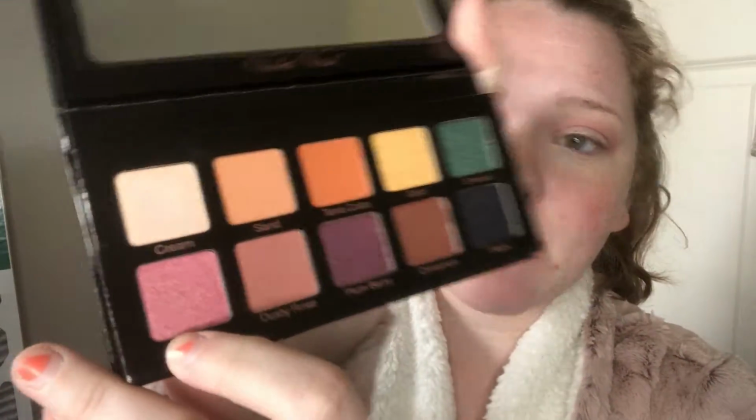These colors are really pretty. They're super pigmented. Very excited about the pigmentation of these colors, and the colors are just so pretty themselves. I feel like this is a true essentials palette. You have every essential color that you need. Bam! Alright, now we're gonna go in with the shade Pink, which is not a matte shade, as you can